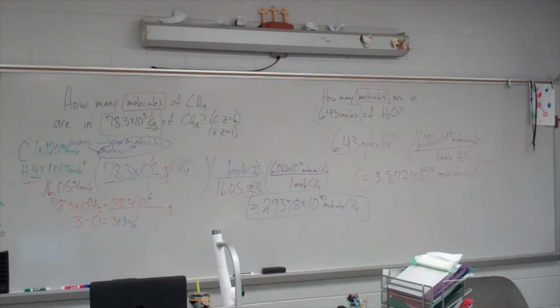Then that number's in the top, my next number's in the bottom, so I divide by 16.05. And then, in parentheses, I'm gonna multiply by Avogadro's number, which is 6.022 E to the 23rd. So you start off with your 7.3, but then you do the E, and hit enter, and you hit 6, and then you finish your parentheses.